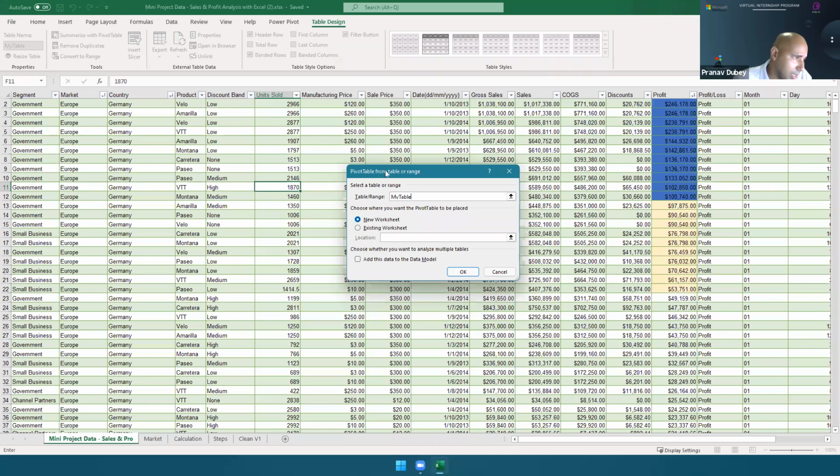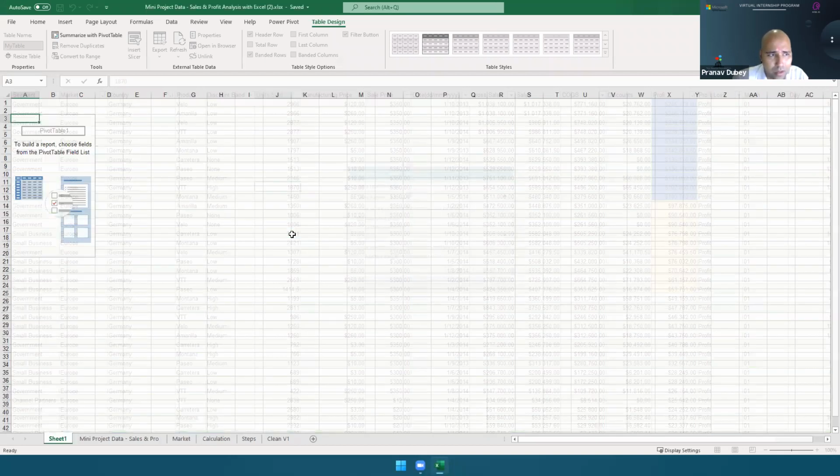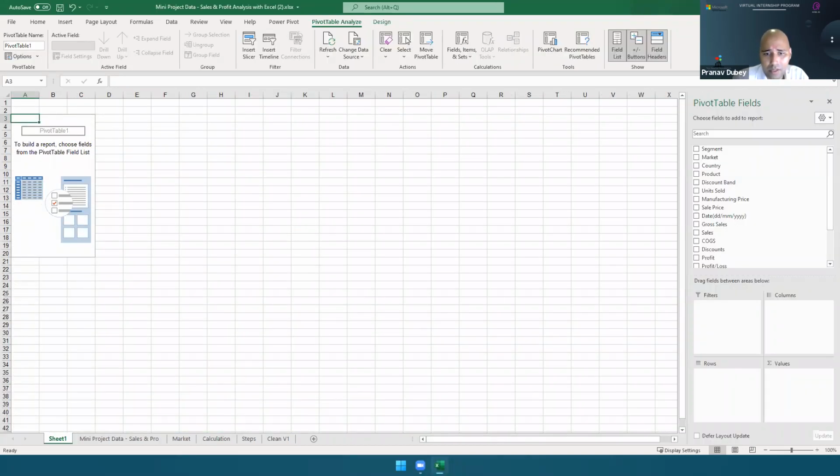Now it's asking, where do you want to create a pivot table? So I would suggest always create a pivot table in a new worksheet, not in an existing one, because if you create it in an existing one, it will create somewhere into this sheet only. So create a new worksheet. By default, it will be a new worksheet. Just click it over there and then click OK. And I will have a pivot table like this. Now you try this out. First, you create a pivot table, and then we will use it further.